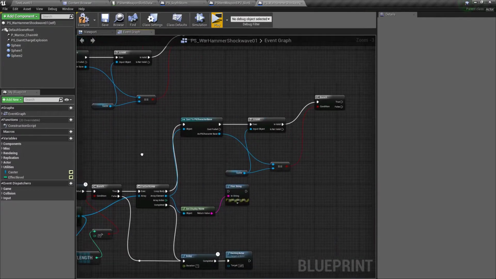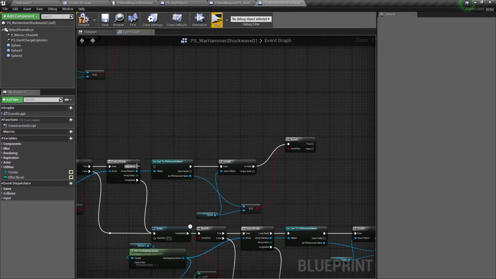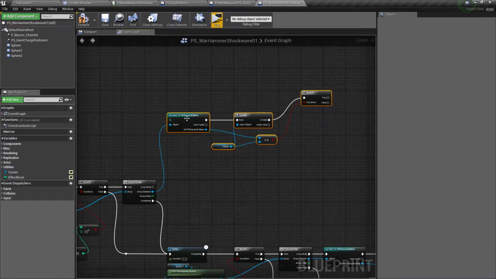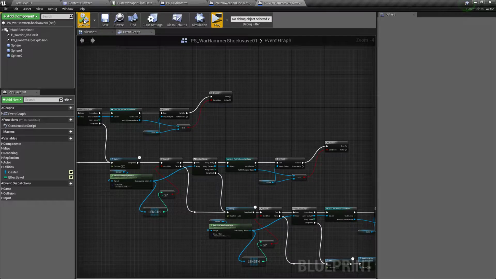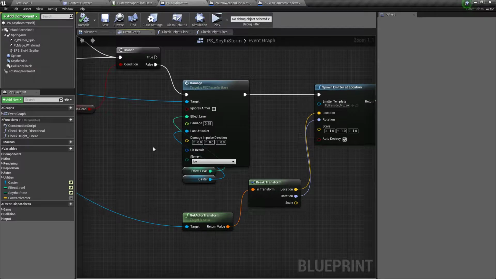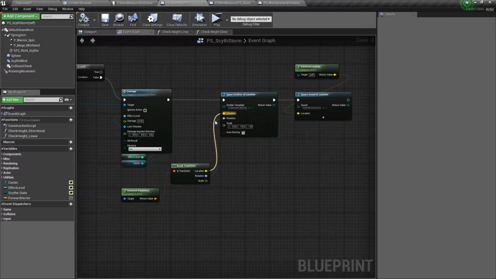On that note, you know what? Get rid of this, because I can just do this directly here. So in the scythe thingy, what I end up dealing is ice damage. Spawn an emitter. Get actor location for the impact fireball effect. Okay. So this is the...